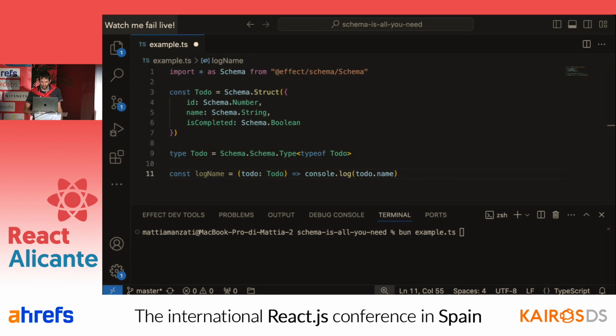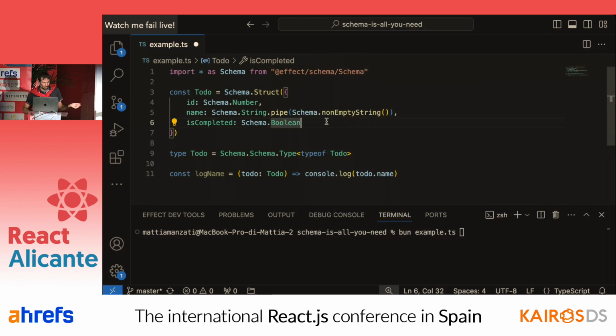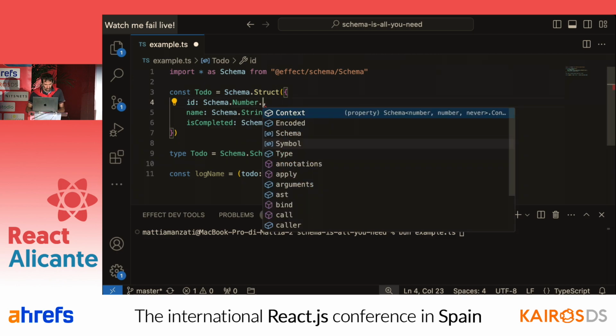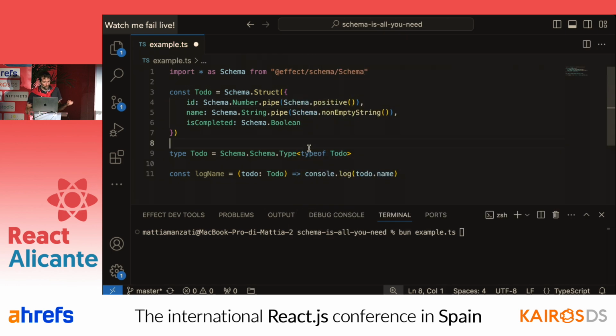Well, the list of combinators out there is enormous. I don't want to spend much time on that, but there are all the basic types you can have, plus something that is not strictly a type of TypeScript. You can have something like saying, I want a name that is not an empty string, so non-empty string. Or you can say that the ID should be indeed a number, but maybe you want a positive number. And so you may say, okay, this looks pretty familiar to any other solution.